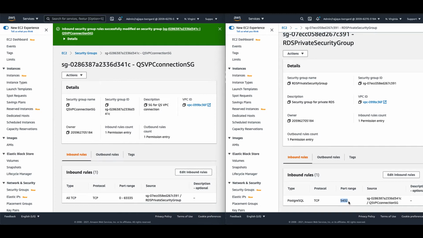Now, the return traffic from the RDS instance could take any port and not necessarily 5432, and this cannot be determined. So this is the reason that we are allowing all TCP, or all the port ranges, for traffic coming in from the RDS instance's security group to reach QuickSight via the inbound rule that we specified here.